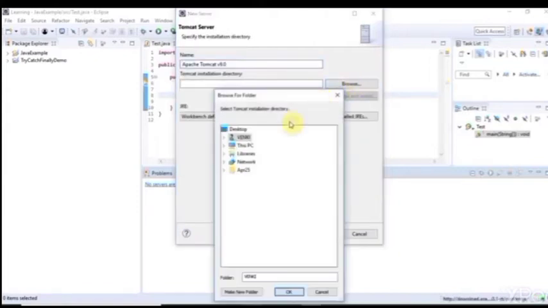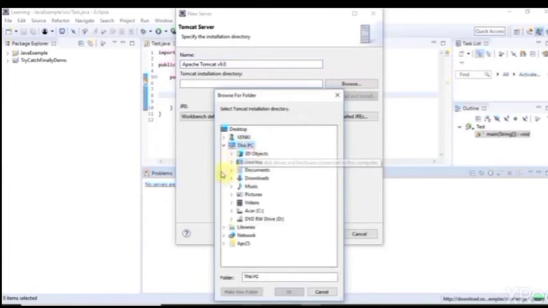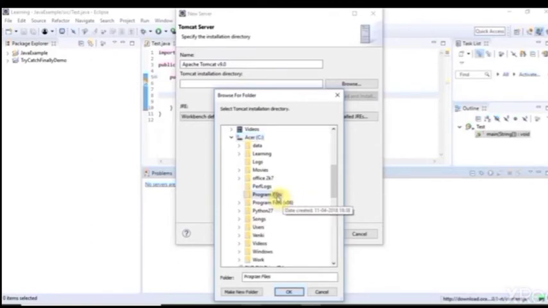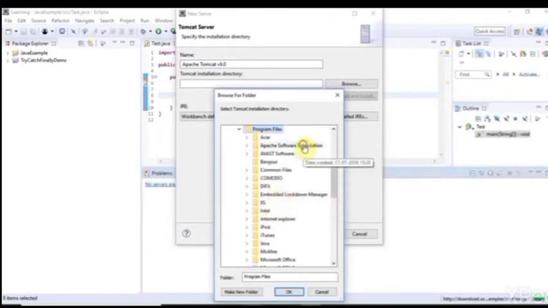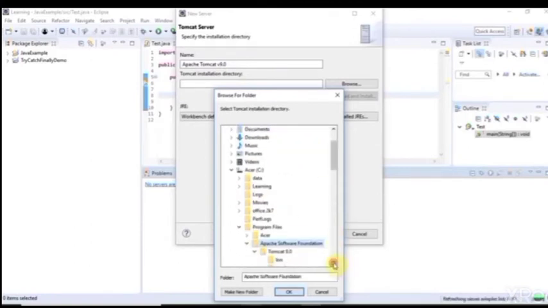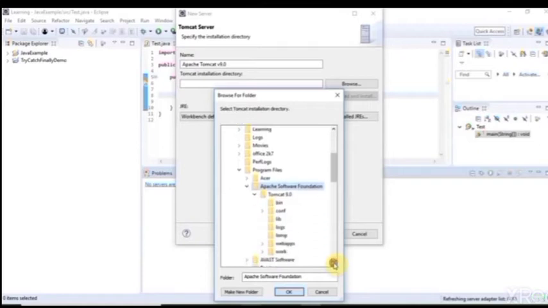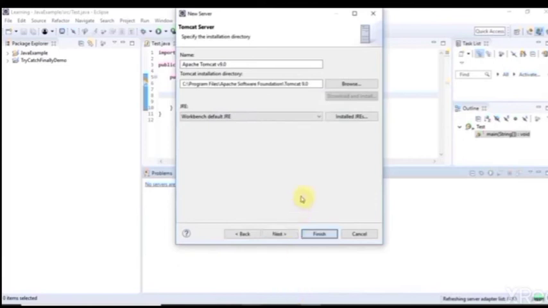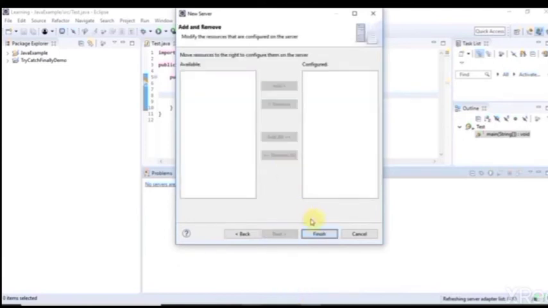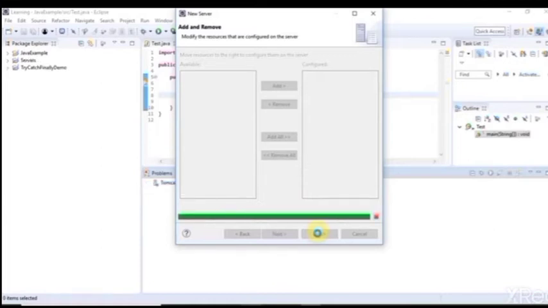Then browse to which drive, that is C drive, click Program Files and then the Apache Software Foundation. Choose Apache 9.0, click OK, and click the next button. If you have any other services here, just click add, otherwise just click finish.